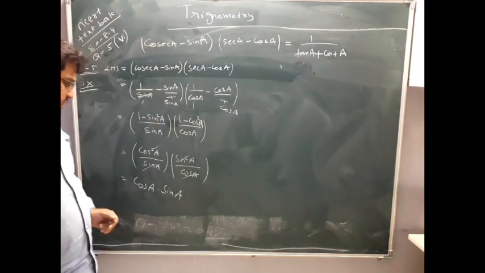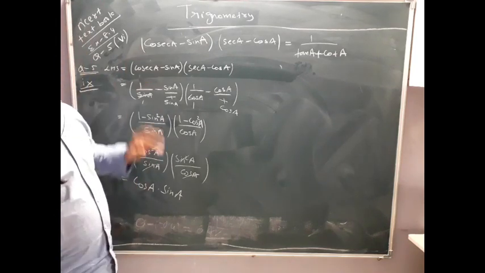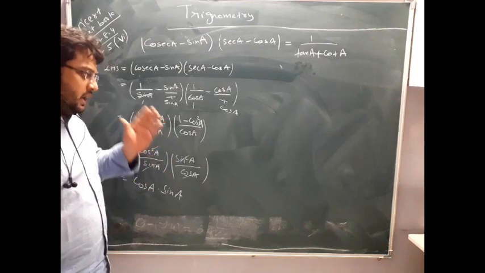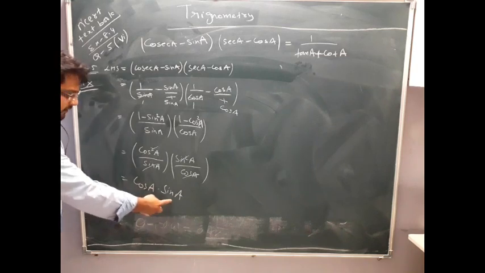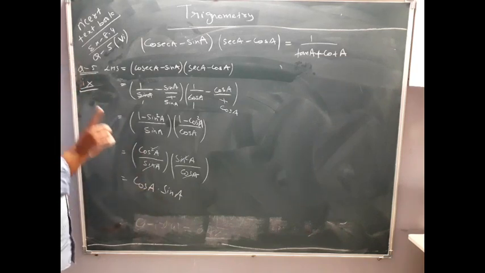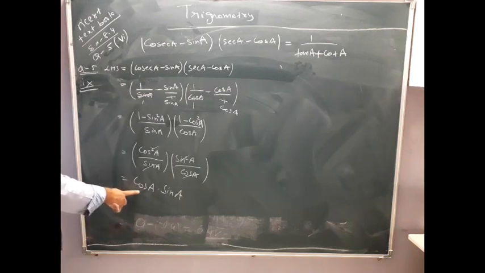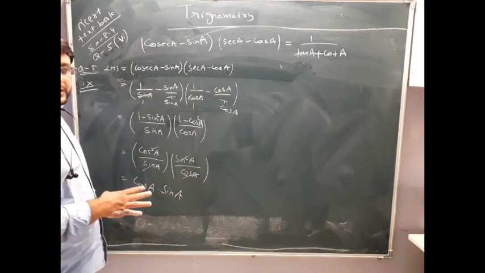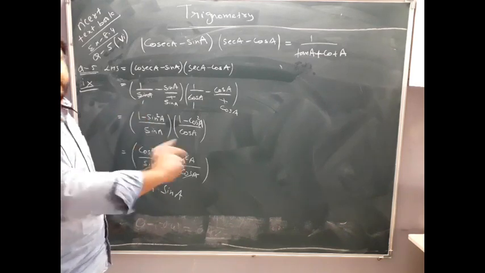So see here, remember one note: whenever the LHS portion ends in any one or two trigonometry functions, in any LHS problem, if they end in one trigonometry function, or one or two trigonometry functions in multiplication, then understand that this problem is of such a type where LHS and RHS should be solved separately.